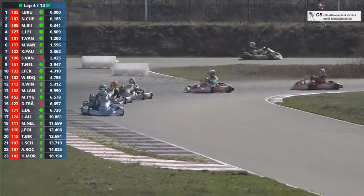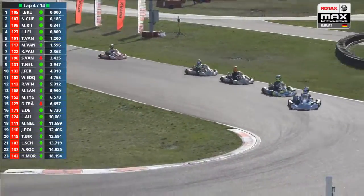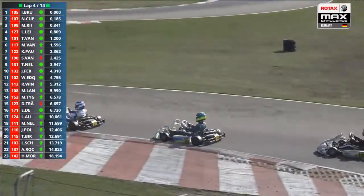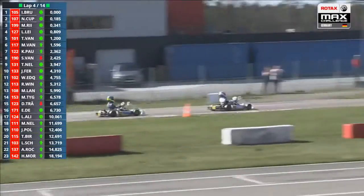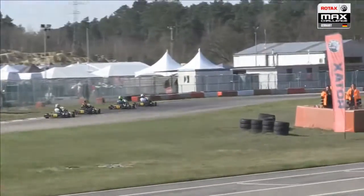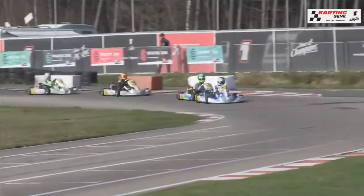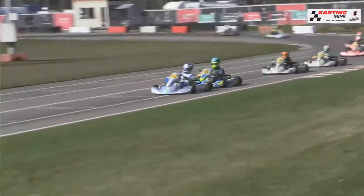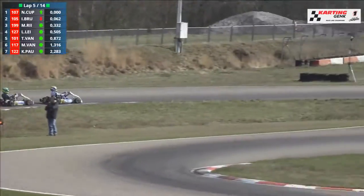Indeed, and now the leading group is expanding towards six cars. I'd say Mike Van Voot is right in there. He is, yeah. A little bit of a gap to close, but he's really in contention for the lead of this race. Nick Cuppins is having a little bit of an advantage getting onto the home straight, but there's Ilian Blindseals, giving him a little bit of a bumper through